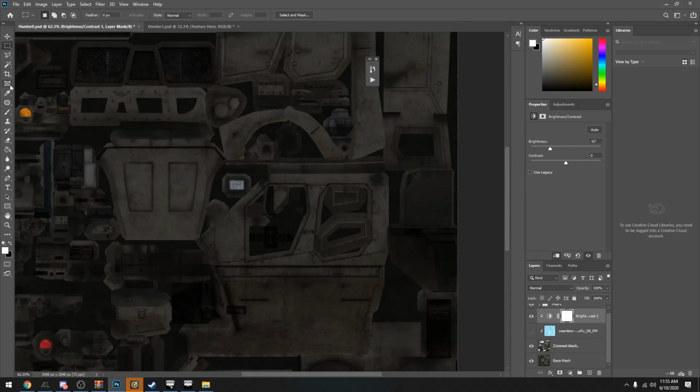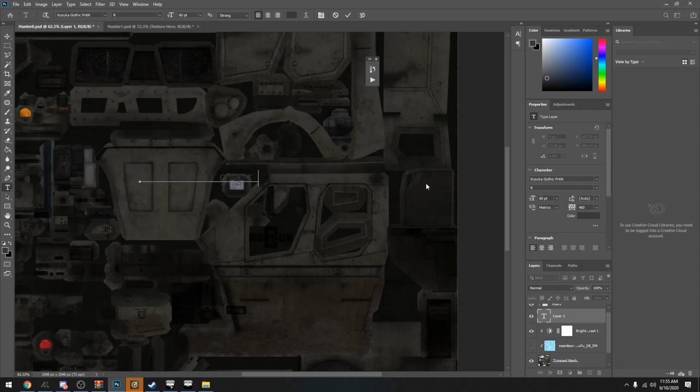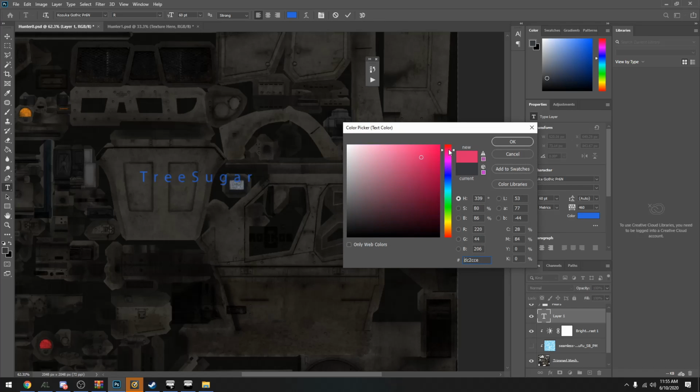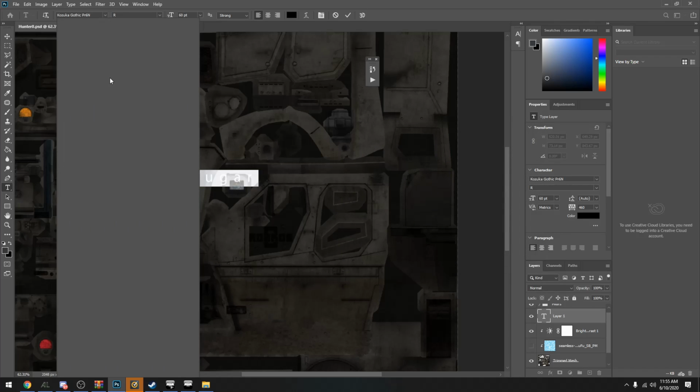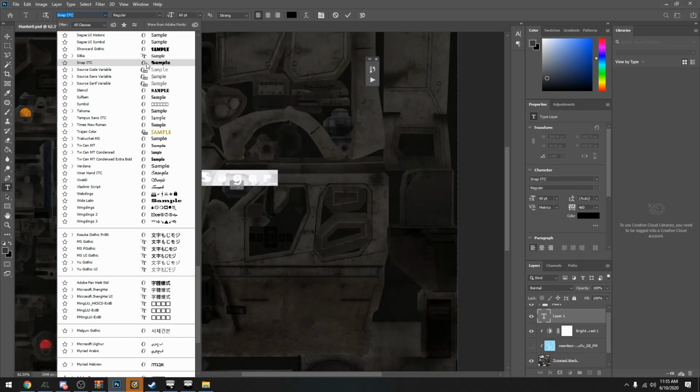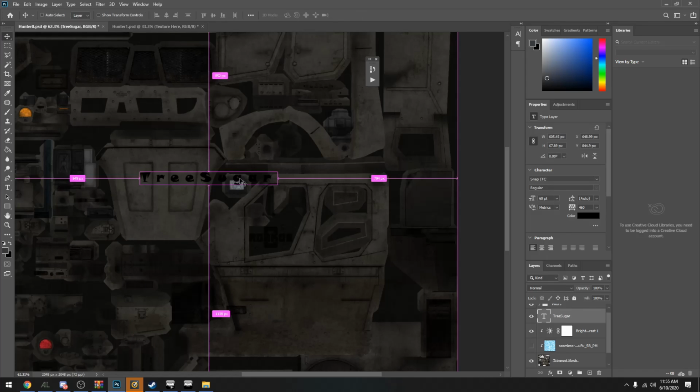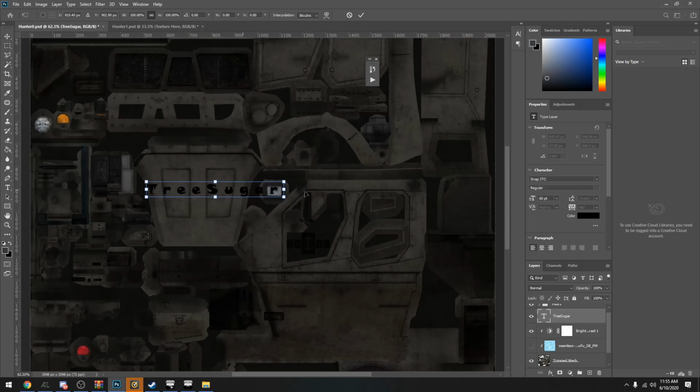So let's say I wanted to add a text on the hood. Go ahead and bring up the text tool, if I can find it. Yep. Type on here, put tree sugar, change the color of that, Control A, change color to, it's a blue, so I'm gonna do, honestly, let's just do black. Tree sugar, I'm gonna change the font to, change it to that, screw it. Control T to transform it, drag it over, resize it,